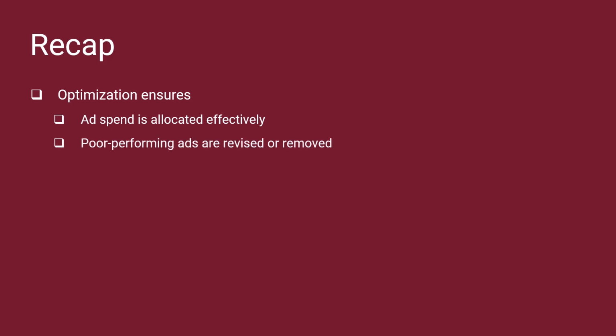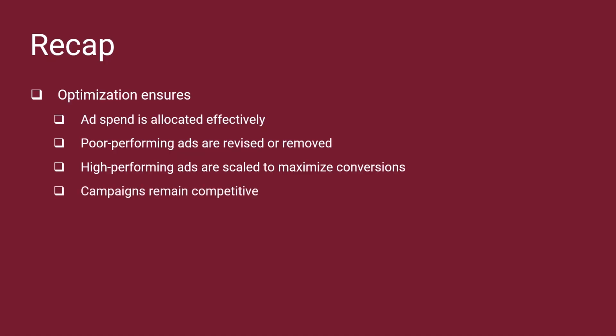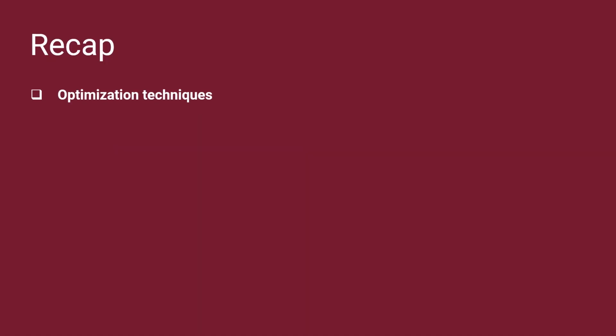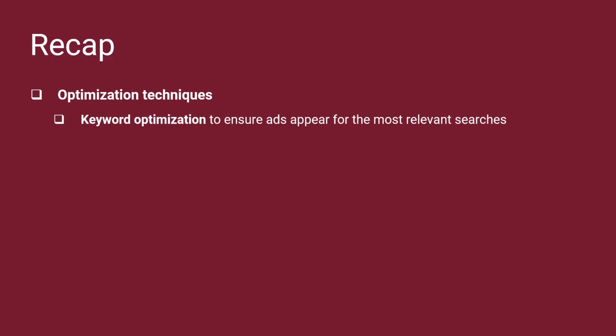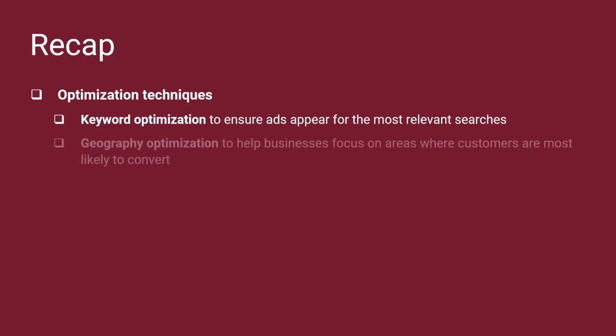In this video, you'll learn that optimization of a campaign is vital because it ensures that ad spend is allocated effectively. Poor-performing ads are revised or removed. High-performing ads are scaled to maximize conversions. And campaigns remain competitive. Optimization techniques include keyword optimization to ensure ads appear for the most relevant searches, geography optimization